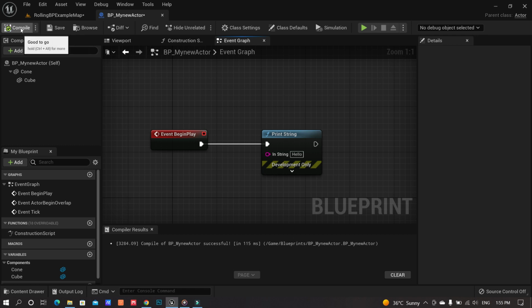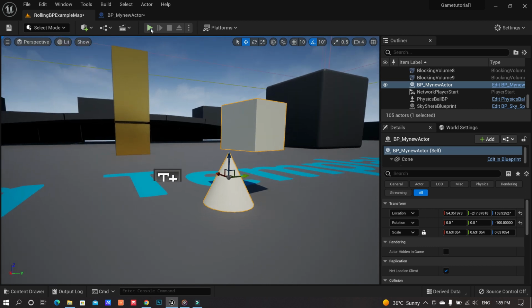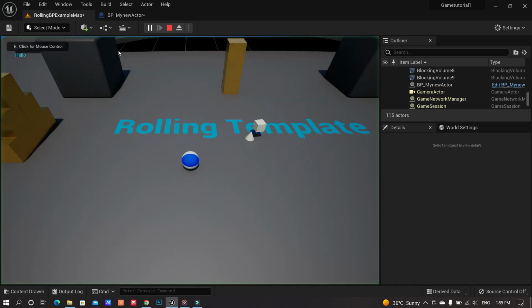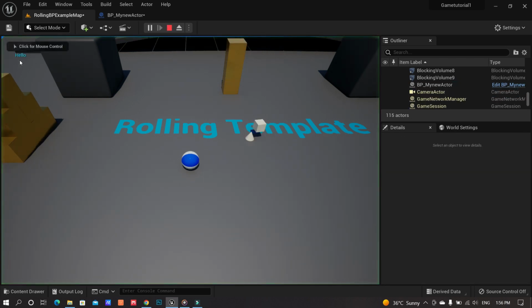Let's compile. Once compile is done, go back to your viewport and press play. If you see at the left, you will see Hello. It stays for a very short time. And if I play it again, you will see that okay, there is Hello being printed.